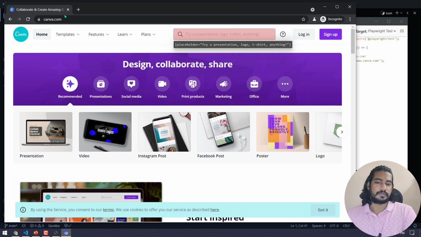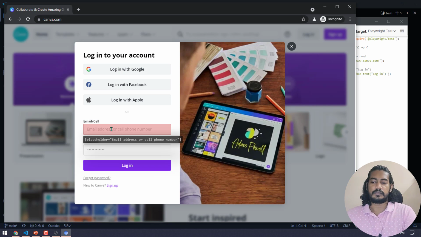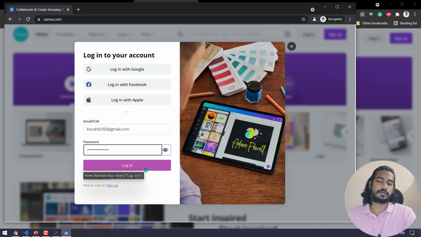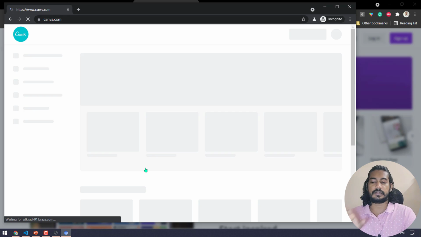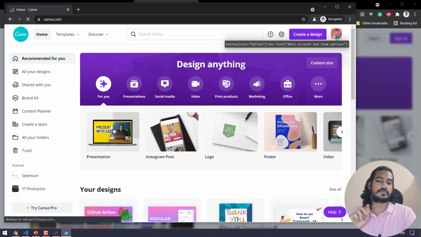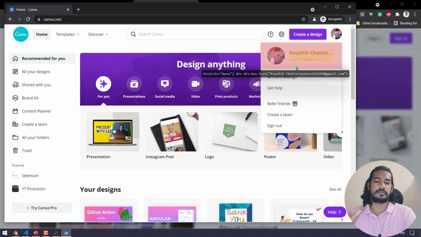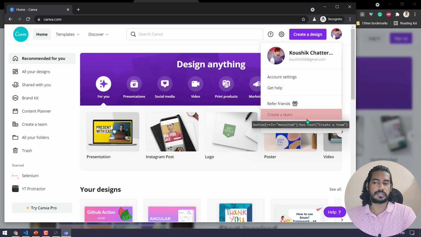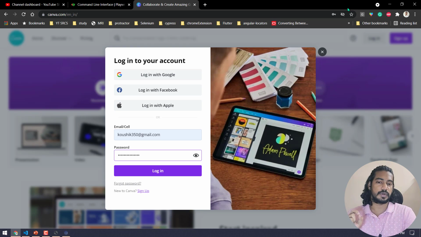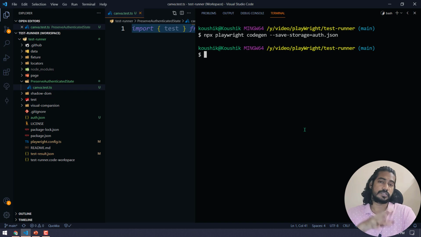Okay, fine. So we'll go to this website, then we'll click on this login, and here I'm going to give my email ID. Once I enter the email and the password, I'm going to log in, and now here you can see that we have this my profile, right? So of course I have logged in. Now do not log out because the cookies will change. So don't log out. You can simply close this browser. That will close the inspector as well.